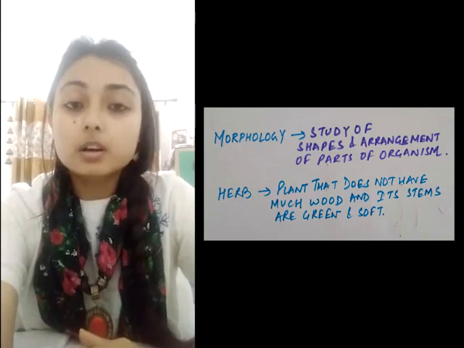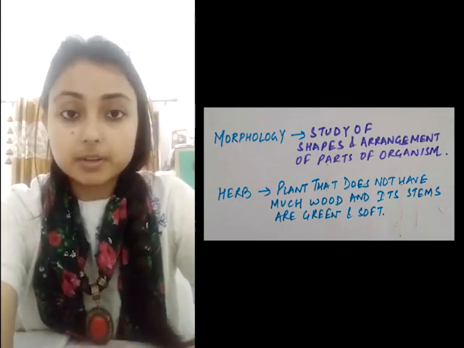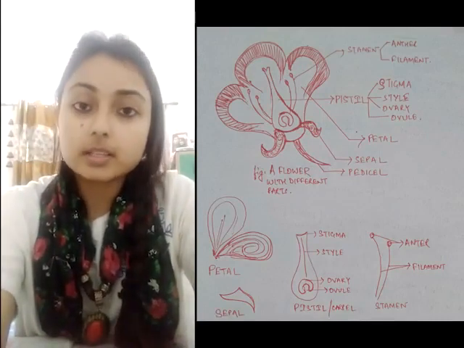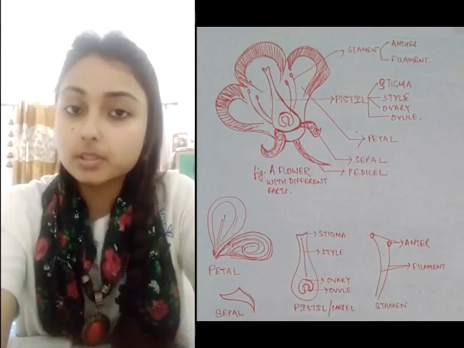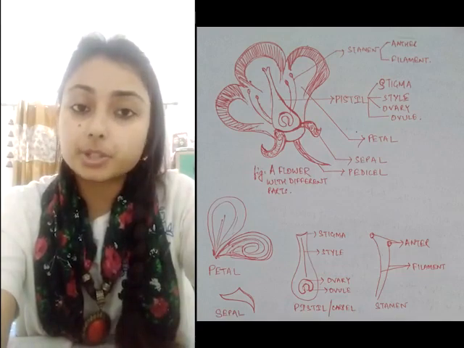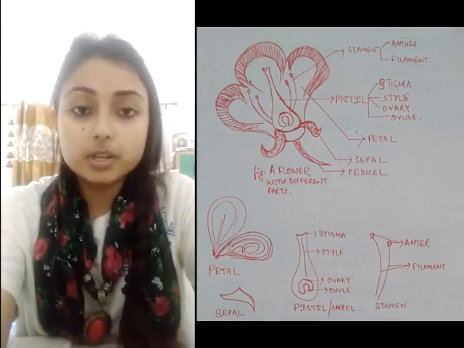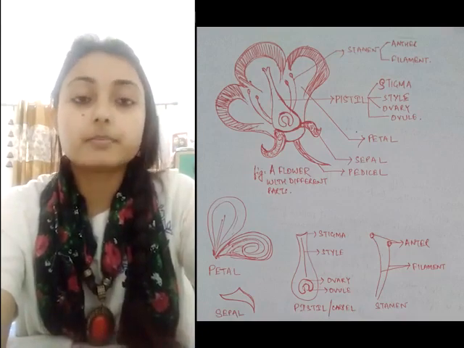Now we will go into its further explanation. So herbaceous plants are those that have soft and perishable stem, and they include the shrubs and the trees. Now we will proceed on to the general description of a plant. We'll start with